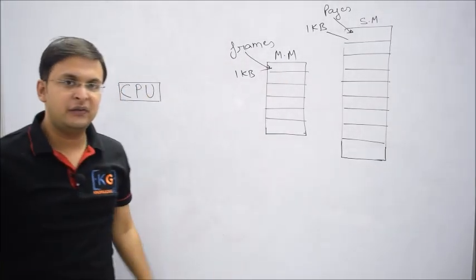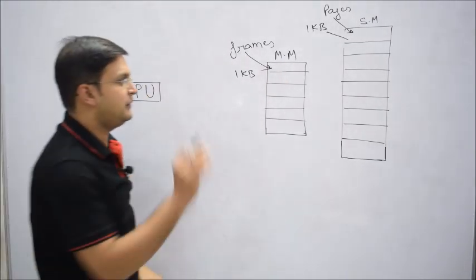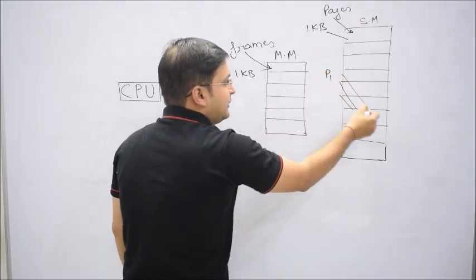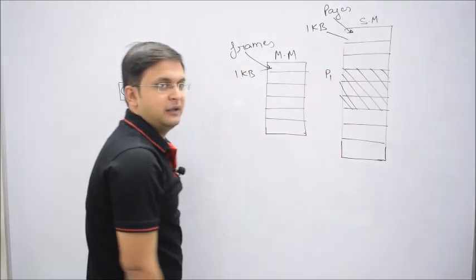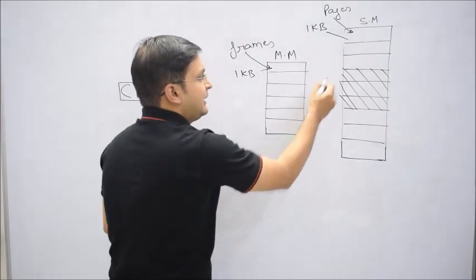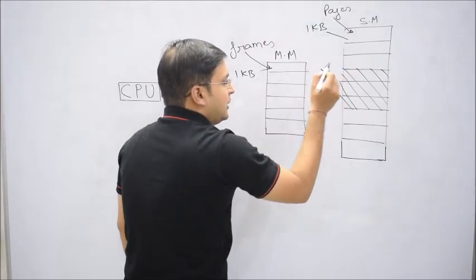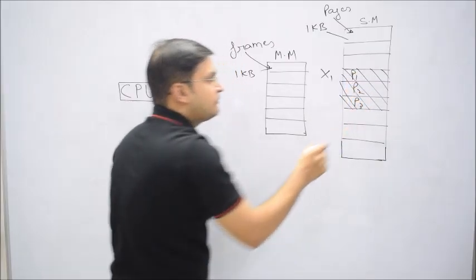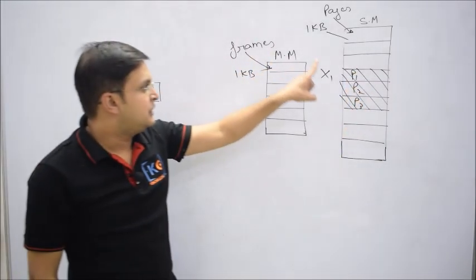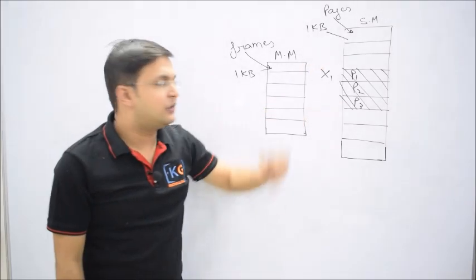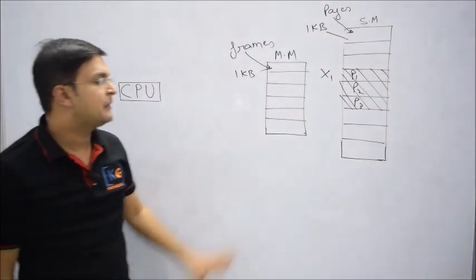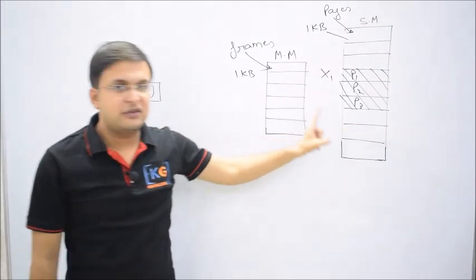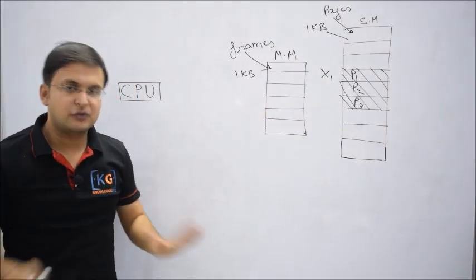If there is a process stored in secondary memory, let me say there's a process P1, and let me say it occupies 3 pages in secondary memory. Okay, let me make the process X1, so that I can name the pages appropriately. Now that is page 1, page 2 and page 3, just for example. Please make a note of one thing. Right now I'm just assuming that the process is stored in a contiguous fashion in secondary memory. Actually it is also not required.